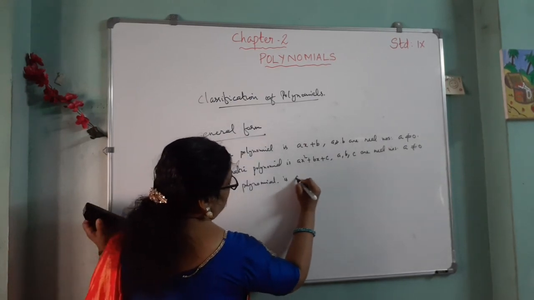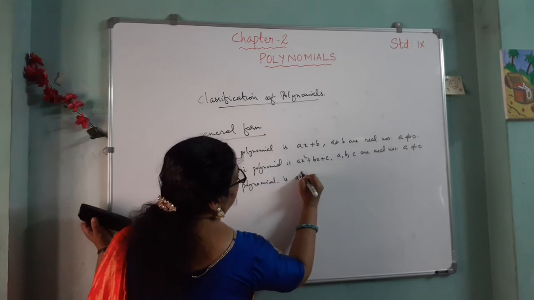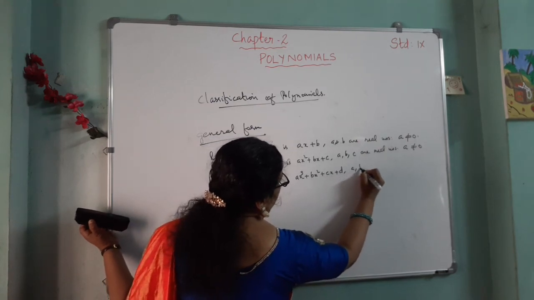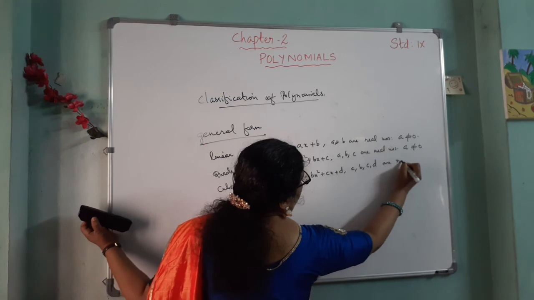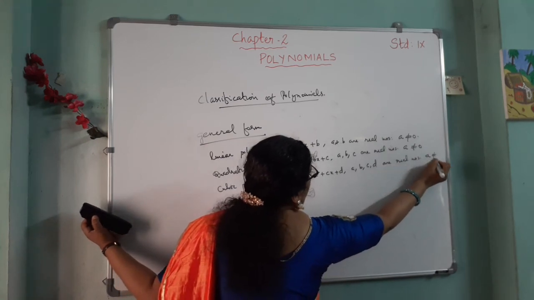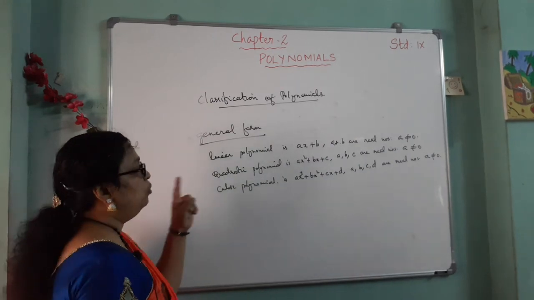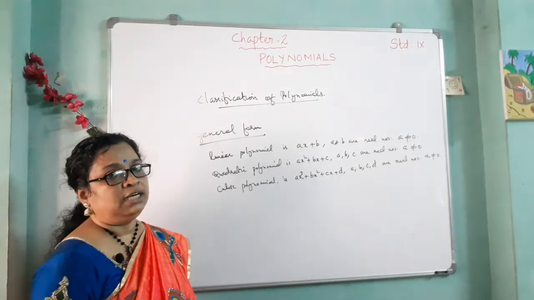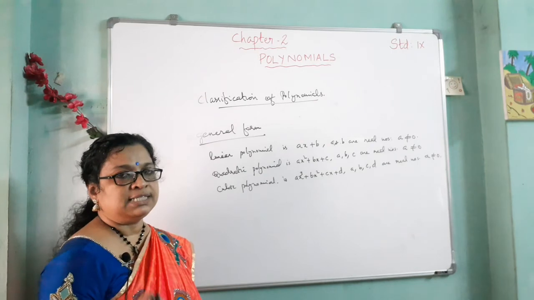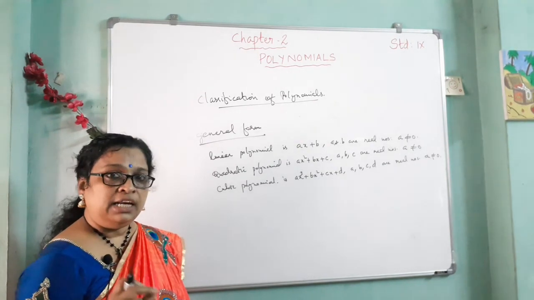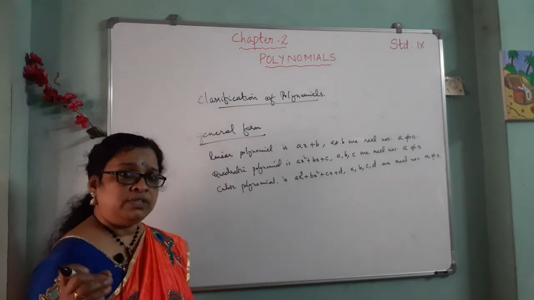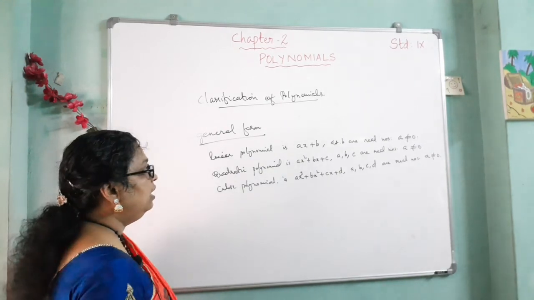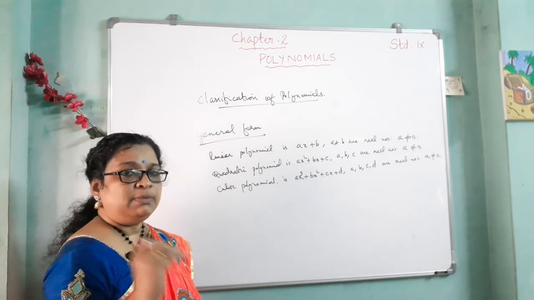the general form is ax cube plus bx square plus cx plus d, where a, b, c and d are real numbers and a not equal to 0. So this is the general form of the polynomials, that is, a polynomial in one variable x of degree n can be written as a0 plus a1x plus a2x square plus etc. up to an x raised to n, where an not equal to 0. A polynomial whose coefficients are all 0 is called a 0 polynomial. Degree of a 0 polynomial is not defined,